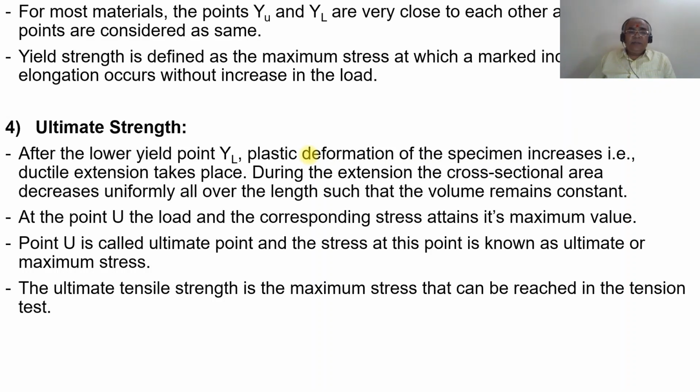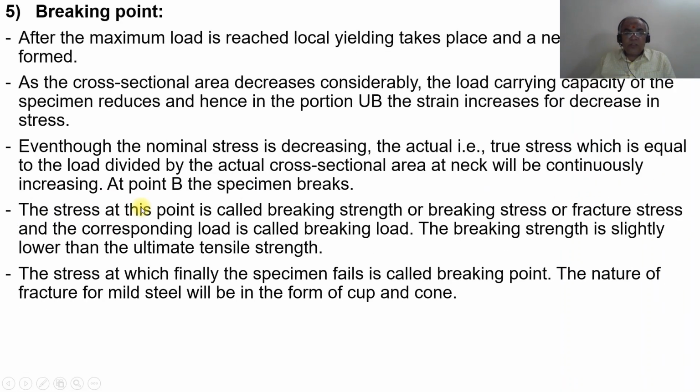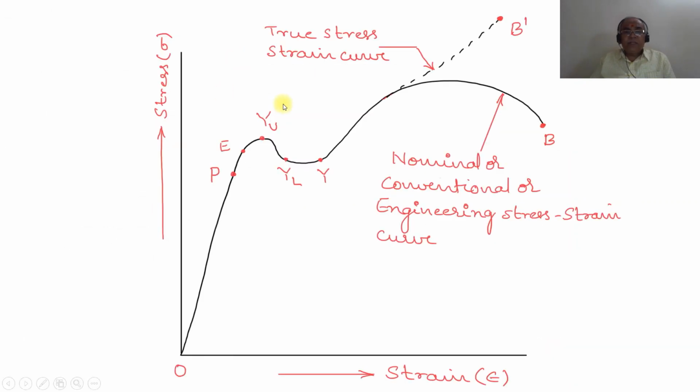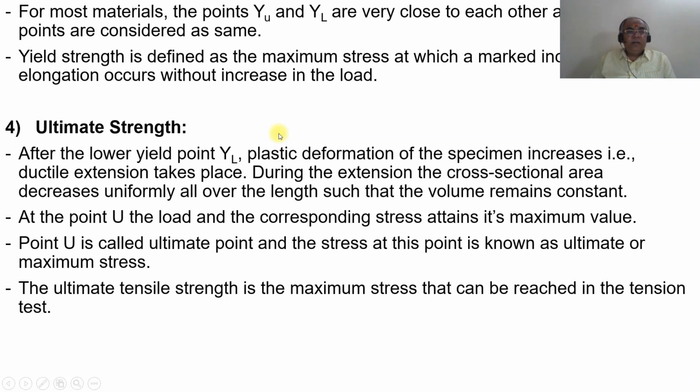Then comes the ultimate strength. After the lower yield point YL, the plastic deformation of the specimen increases. That is, ductile extension takes place. During the extension, the cross-sectional area decreases uniformly all over the length such that the volume remains constant. At the point capital U,